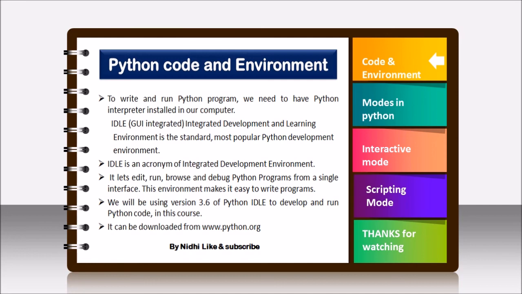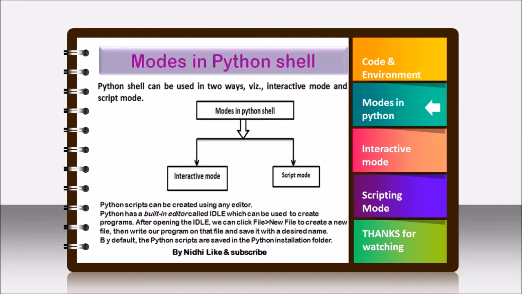Okay, now modes in the Python shell, that means execution modes. So Python is divided into two categories or ways, that is the modes. First is interactive mode and second is scripting mode. In interactive mode we have an environment that acts as a calculator or that gives us a result instantly. And scripting mode is the mode where we write the whole program and we have to save it with a .py extension, and after saving that program we can run it with the run option.